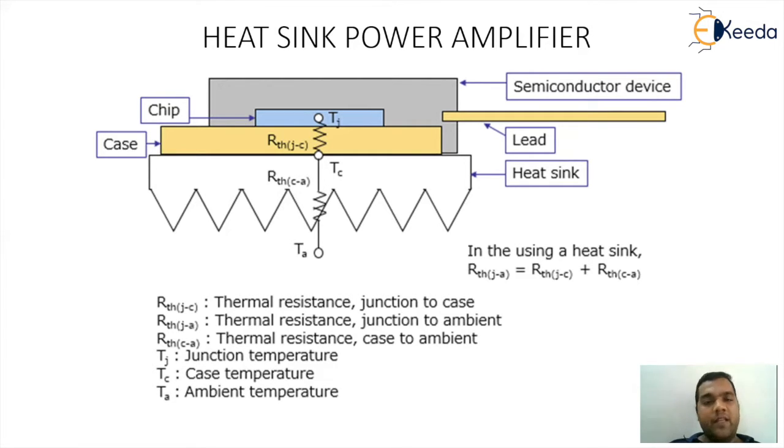On similar lines, when electronic circuits are operating, they also get heated up and dissipate heat. For us, there is a device, which can be a BJT, a transistor, a MOSFET or FET, whatever it may be. The devices are going to dissipate heat. That heat is going to propagate from the device to the case.